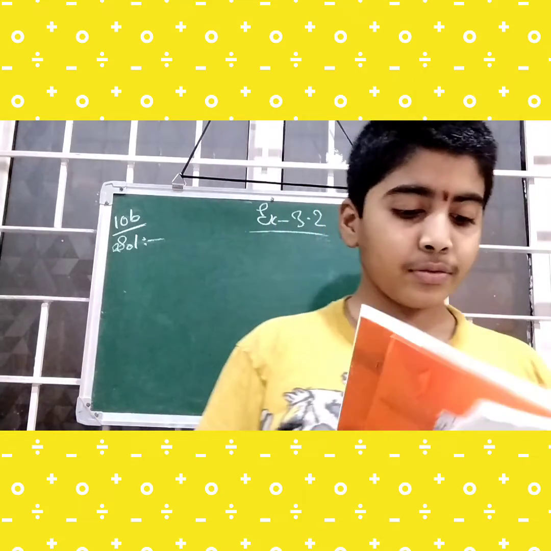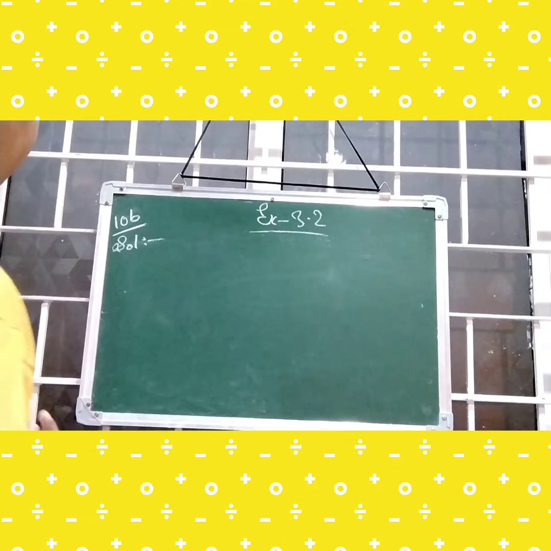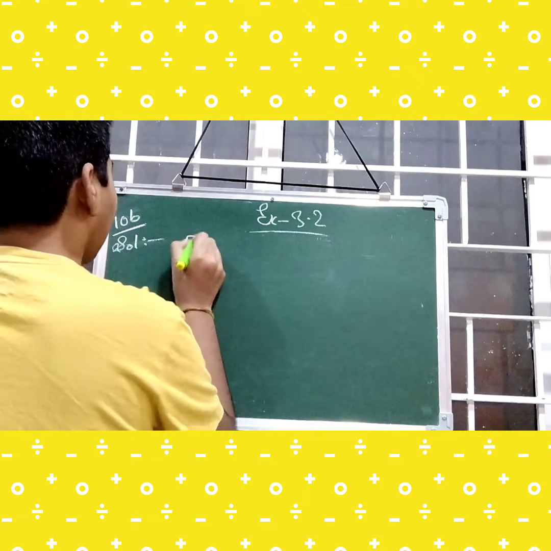Okay. 10th bit. Express 53 as the sum of 3 primes. So we need to write 53 as 3 parts of prime numbers. So let us do that. For that I am taking the prime numbers. Those are also 3 prime numbers. So for 53,